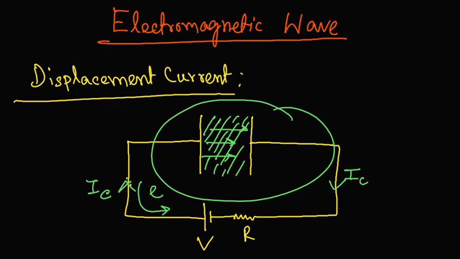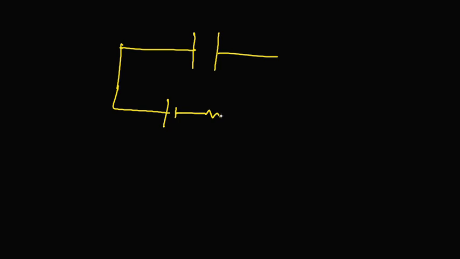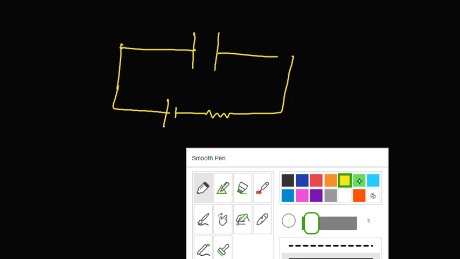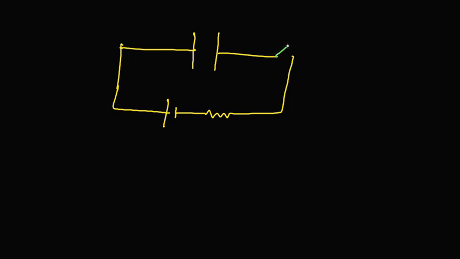At first, if we make an open circuit, I mean, if I take a capacitor and connect with a battery and a resistor, now it is open, there is no connection. Therefore, at time t equals 0, there is no charge stored in this capacitor. But if I close the switch,